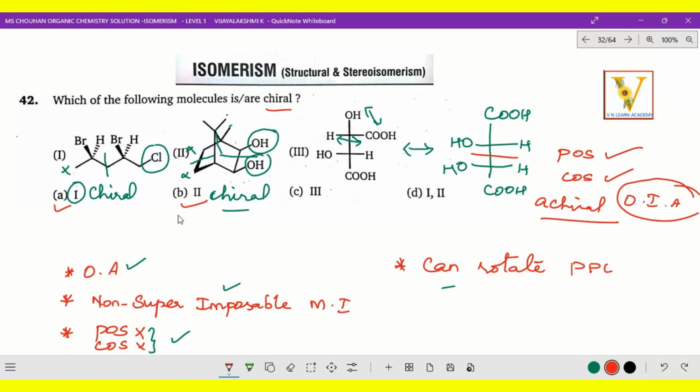Come on, let's go to the next question. By the way, which is the correct option for A and B? So this is option D, the correct option. See, compound A and compound B I just mentioned. So that means first and second only, not this side. I hope you got the clarity about this question. So first and second means option D is the correct option. Come on, let's go to the next question.